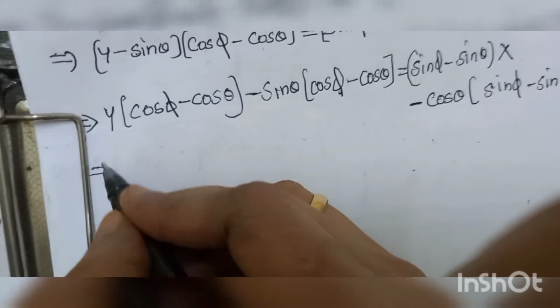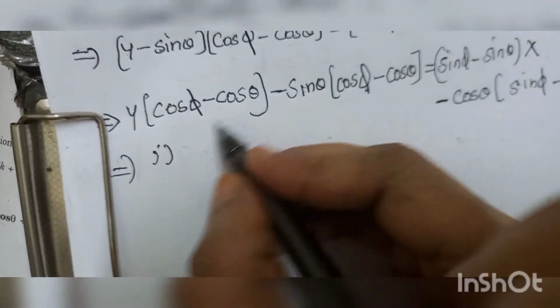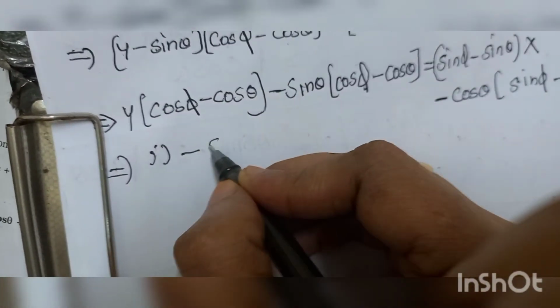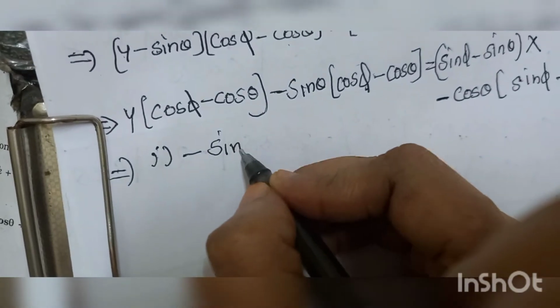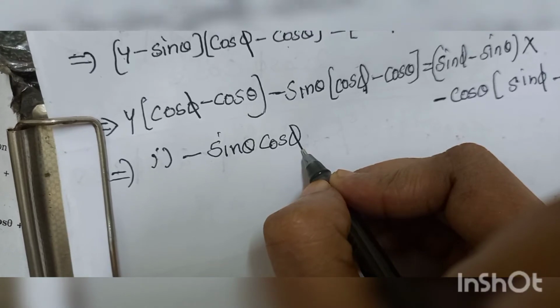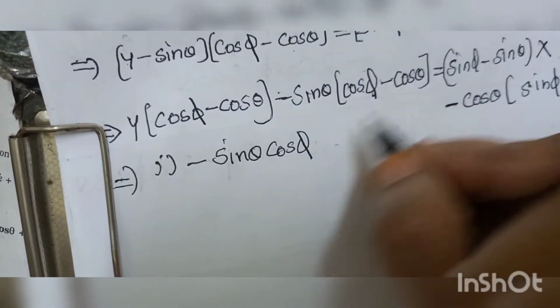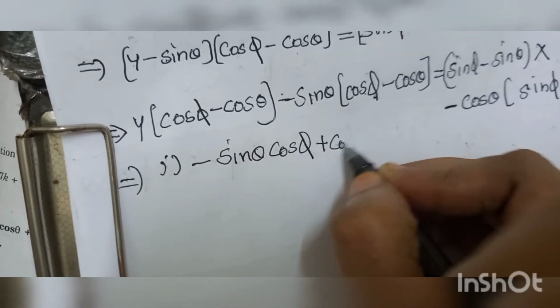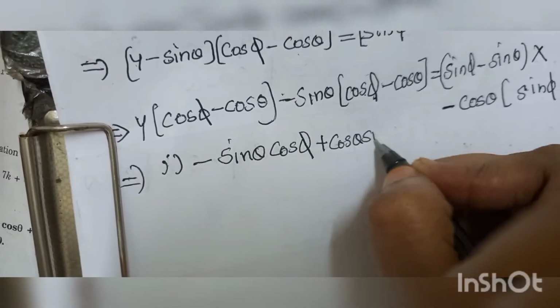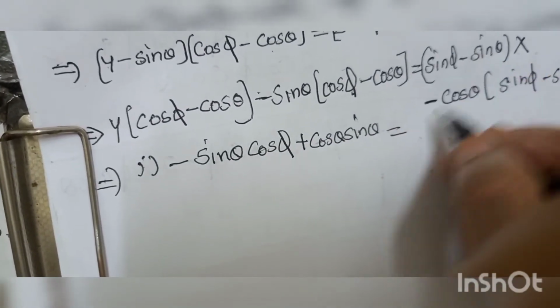Then afterwards it implies first term nothing to do, then remove the bracket of this. Okay, then we get minus sin theta cos phi, then minus into minus plus cos theta sin theta we get, which is equal to first term nothing to do,